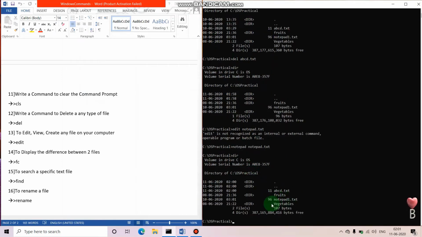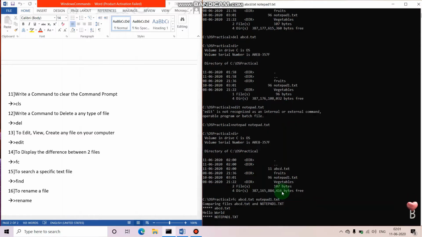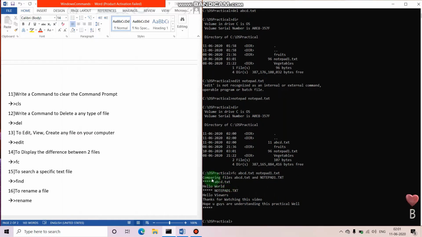See, one is ABCD and another one is notepad1.txt. Now let's use this command on both files. Enter. You can see the output came as comparing files abcd.txt and notepad1.txt. It will show the content of both the files. Okay, so let's go further with the next command.